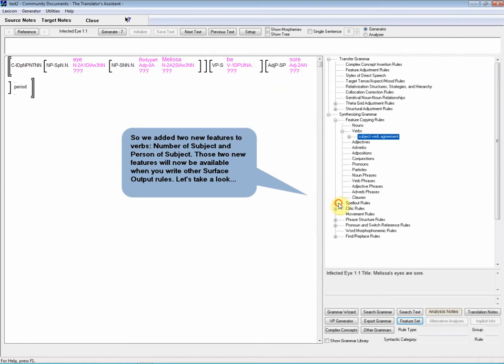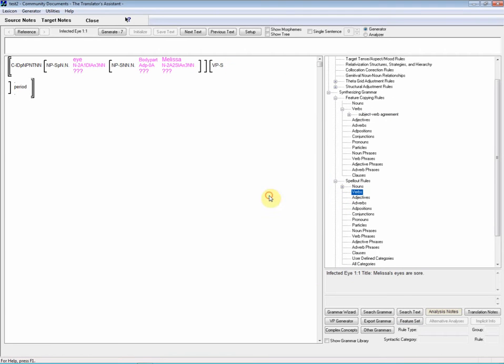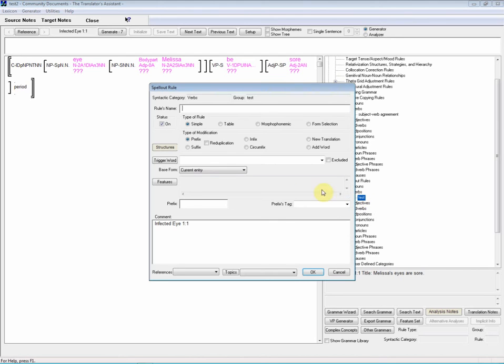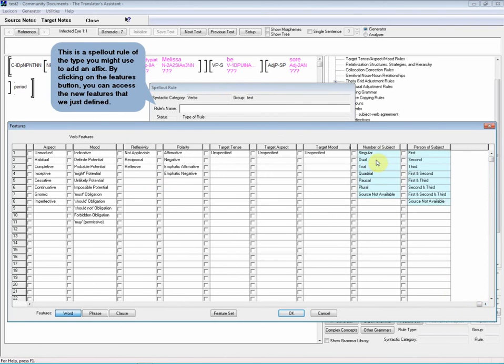Now I just want to show you that, say in a subsequent spell-out rule, before you couldn't refer to, say, the number of the subject. But now you can if you're writing a verb rule, and those two new features show